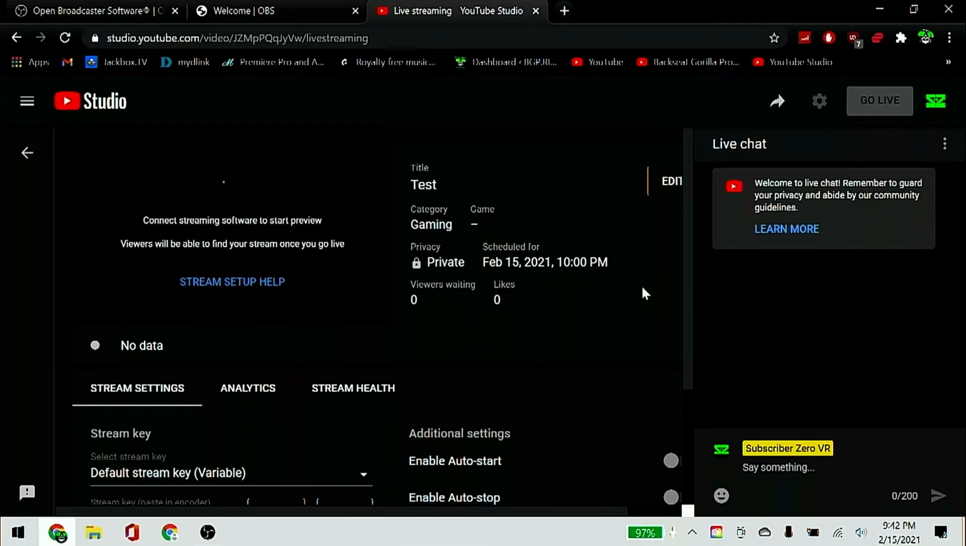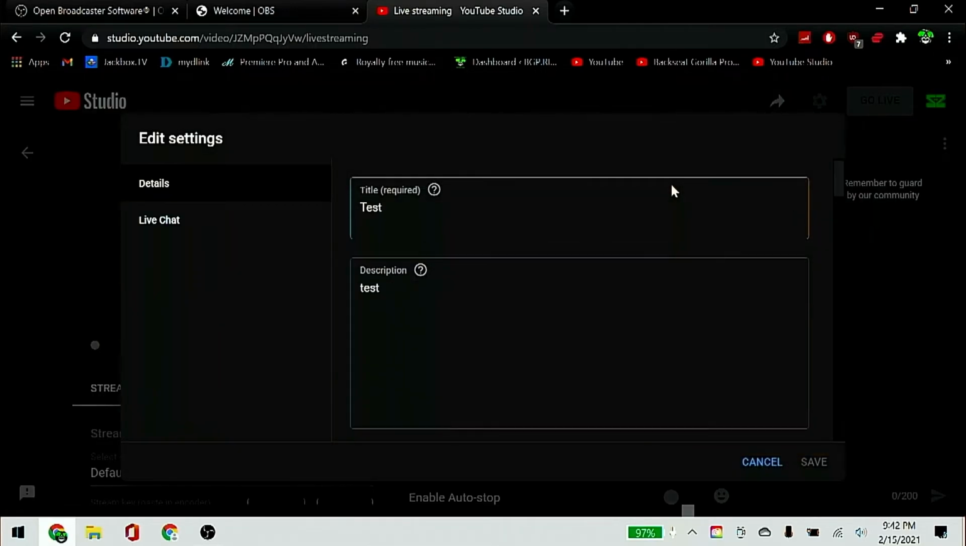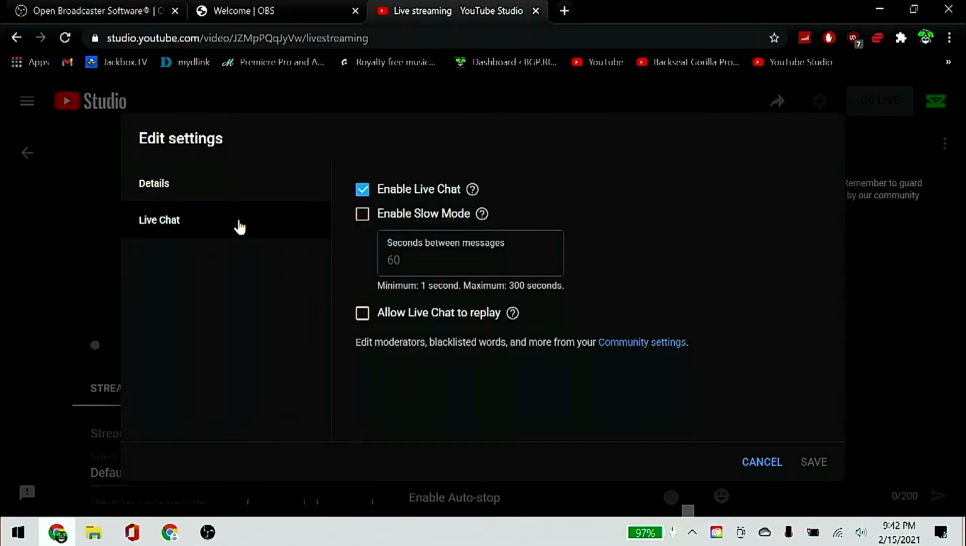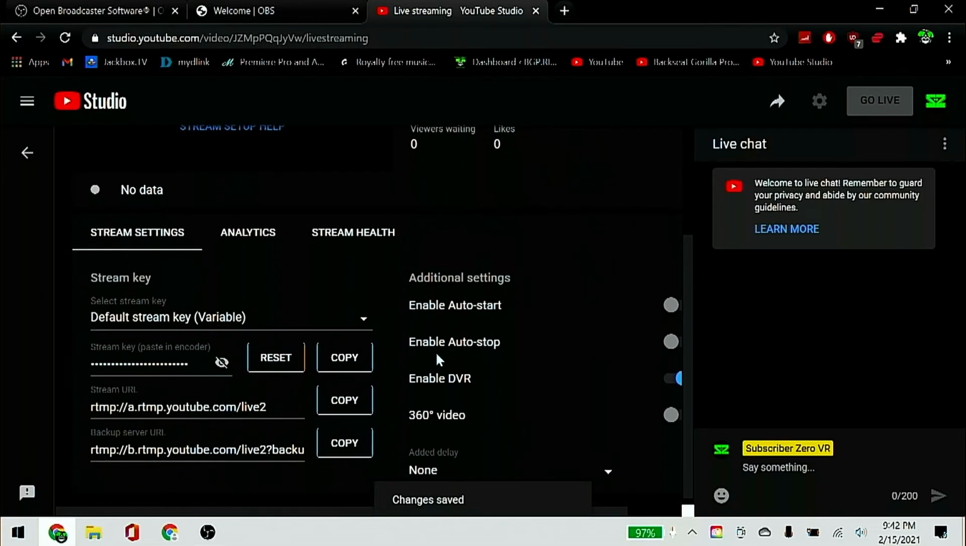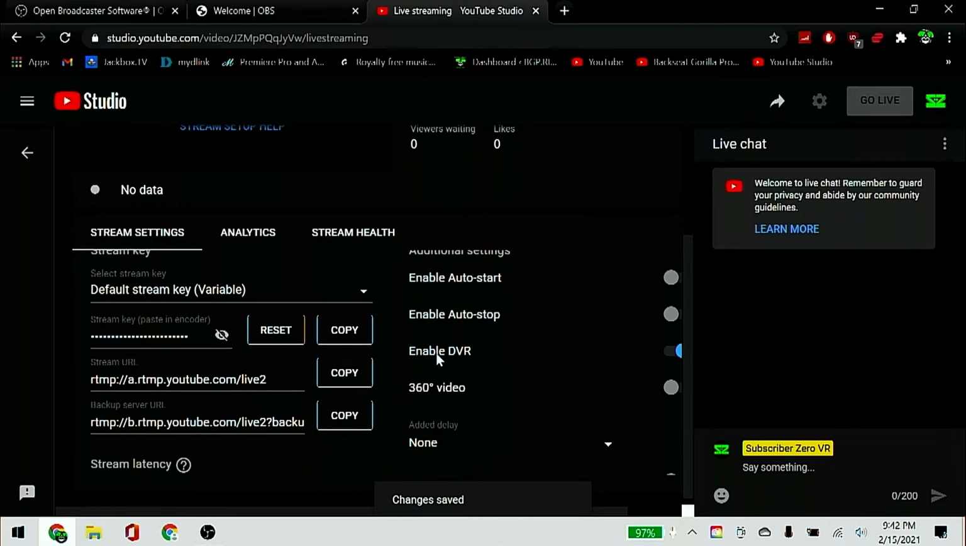Beautiful. Now here you can edit the title and the description. You can deal with your live chat. You can allow it to replay. I always like to check that option right there. And here's all the important stuff, okay? All the important stuff. So you have to go to